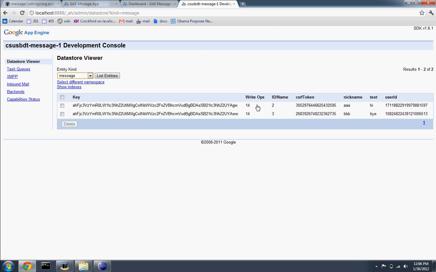How many write operations have been performed on that entity? So there's that minute level of detail being recorded for these entities. That's interesting. I believe that this number is related to how much money you're going to pay to keep your application running in the Google Cloud. So it's important to minimize the number of writes. It's expensive for Google to implement a write,